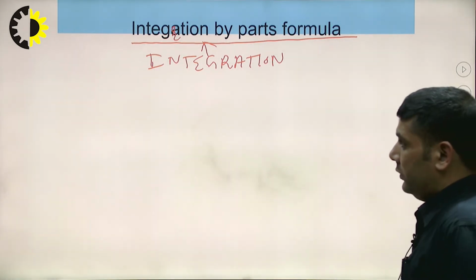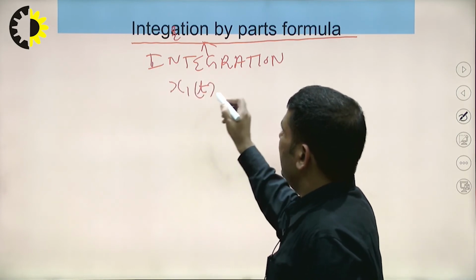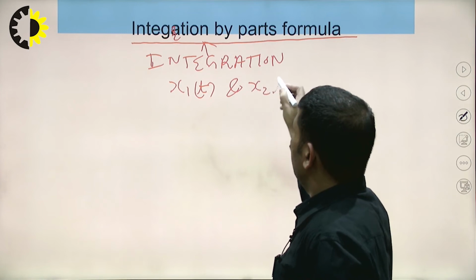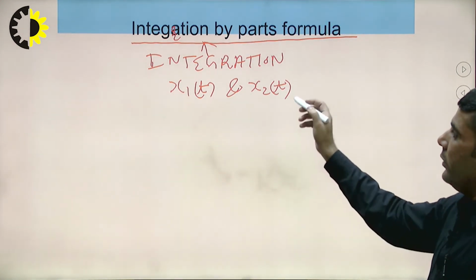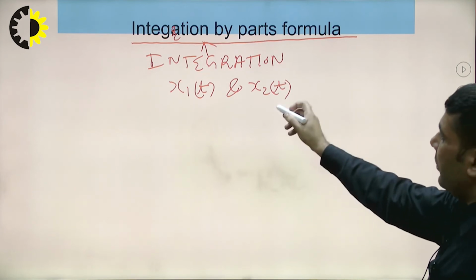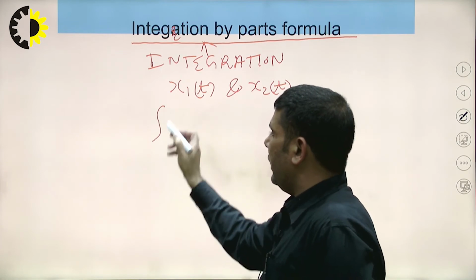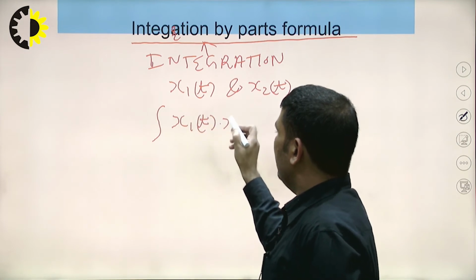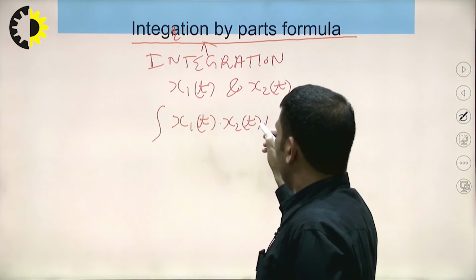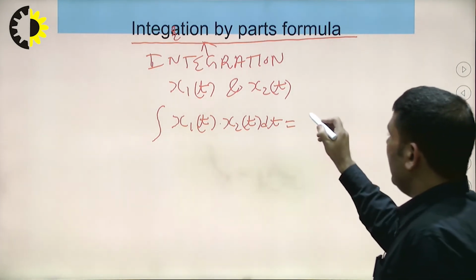Suppose you have two functions, x1(t) and x2(t), and you are interested in finding the integration of the multiplication of these two, with some defined limits. That is the integral of x1(t) into x2(t) dt. That will be given by the formula: first function as it is,